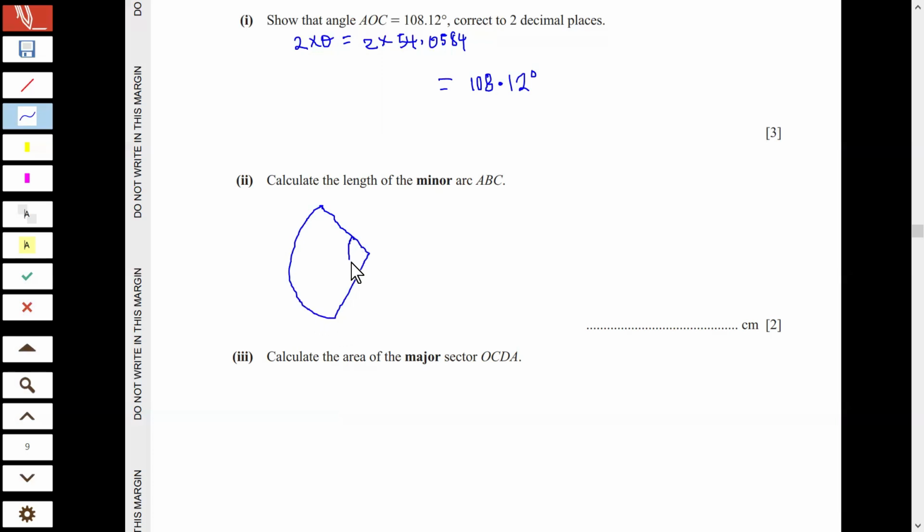Already, the whole of this theta is given by 108.12. And we have here as well the radius 6.75. So the length of arc can be found from the formula. Length of arc is given by theta over 360 times 2 pi r, where theta is the angle at the center here, giving us